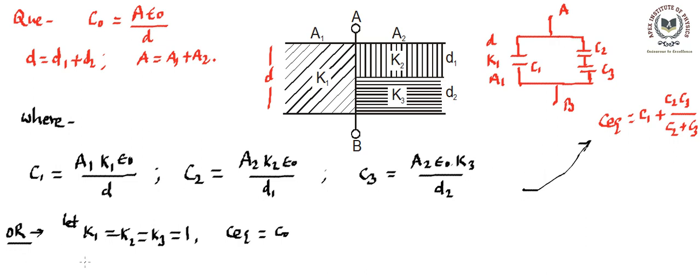Moreover, we can go further and think: if K1 equals K2 equals K3 equals K, what will the equivalent capacitance become in this case? It should become K into C naught, right? Then you can put in further obvious values, and if you do this kind of checking, you will find some options get scrapped, and if you're lucky enough, three options will get scrapped. Then the fourth option, which satisfies these conditions, will be the correct option.